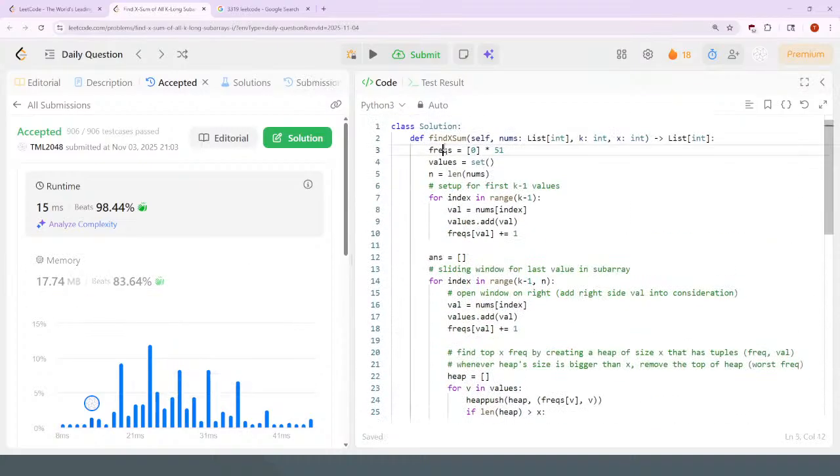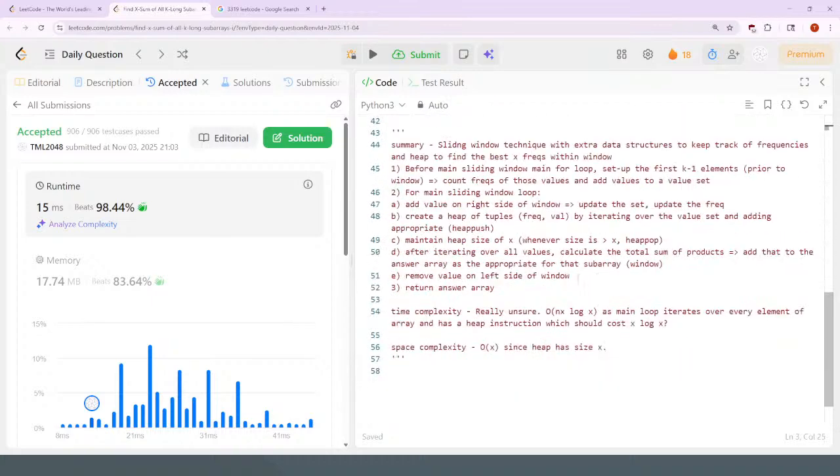You technically do need a frequency counter, and that would be the size of the frequencies. It also has a frequency counter array of size O of f, where f is the range of values that are possible. All right,